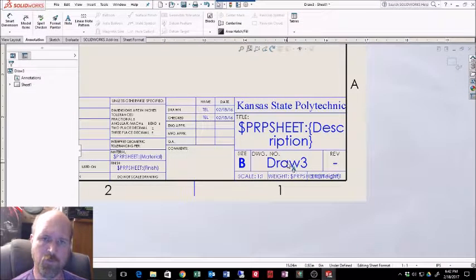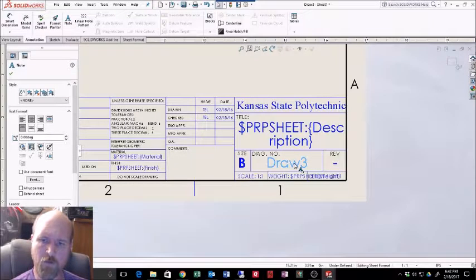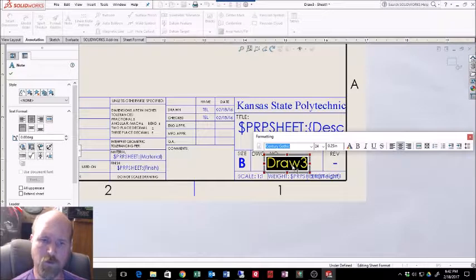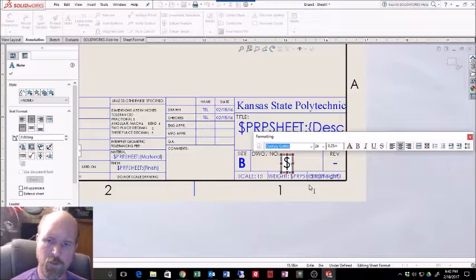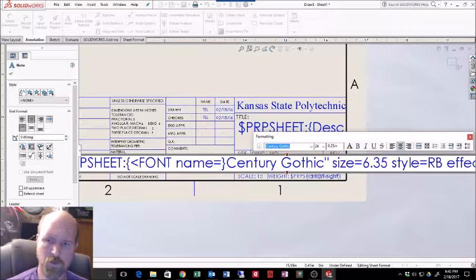But if you're doing this for yourself or for education purposes, we can modify this to pull that part number field from our assembly or part file instead of the file name. How we do that is we highlight it so we're modifying the text. When we just type in $PRPSHEET, quote, and